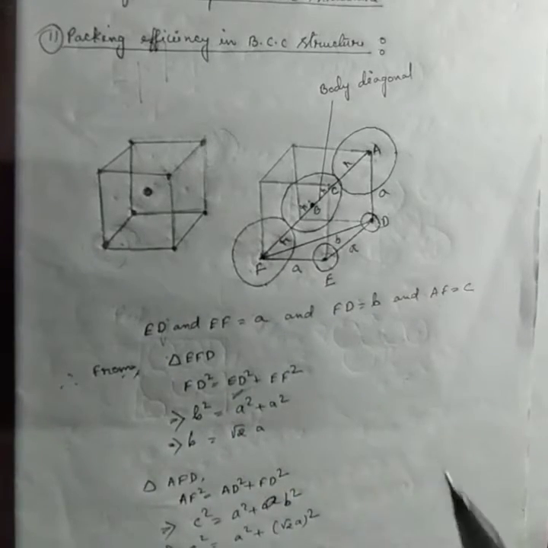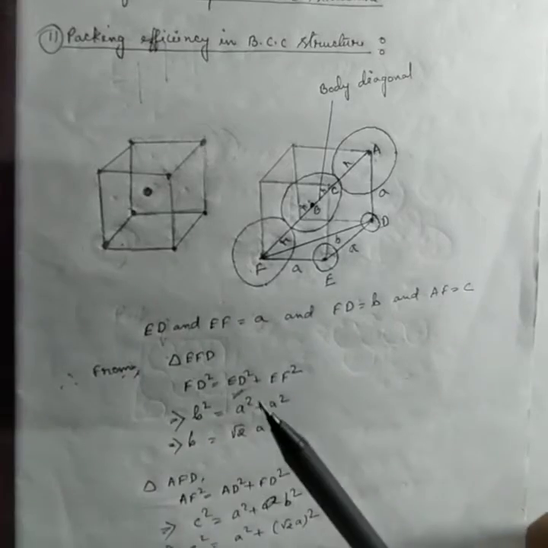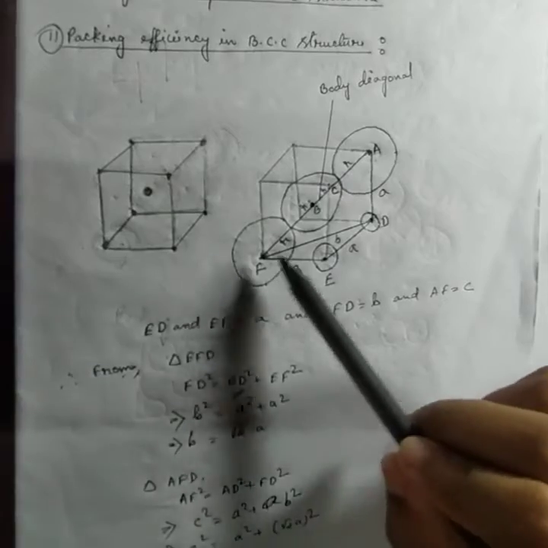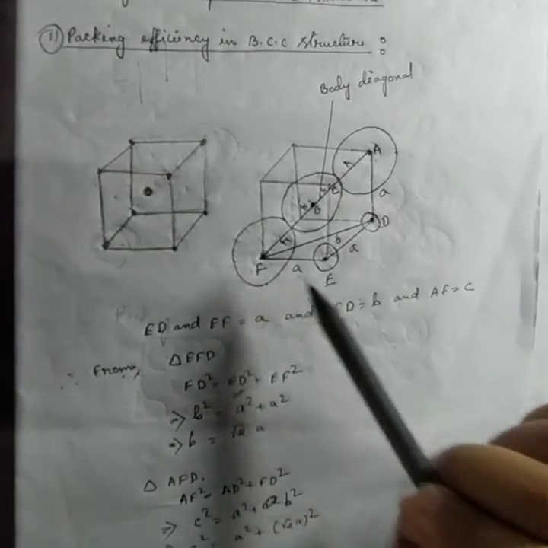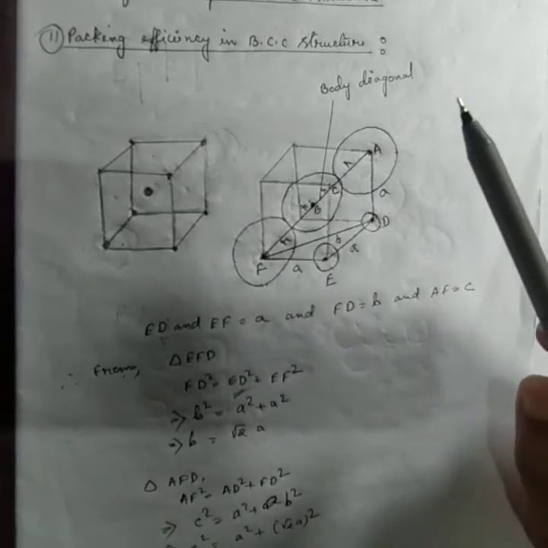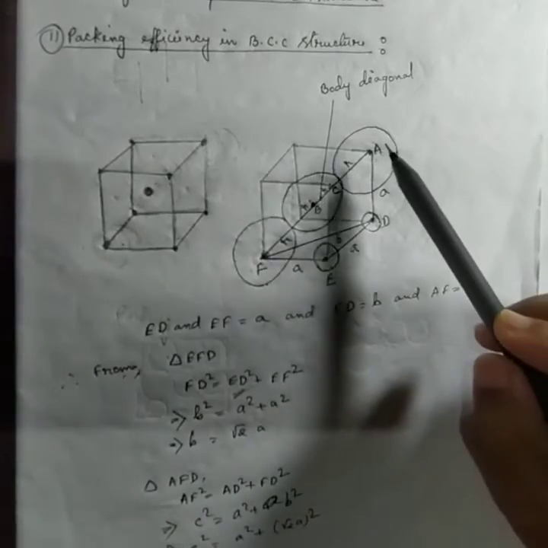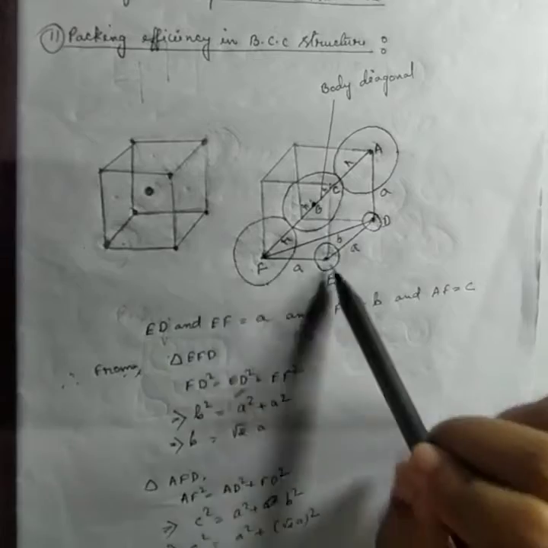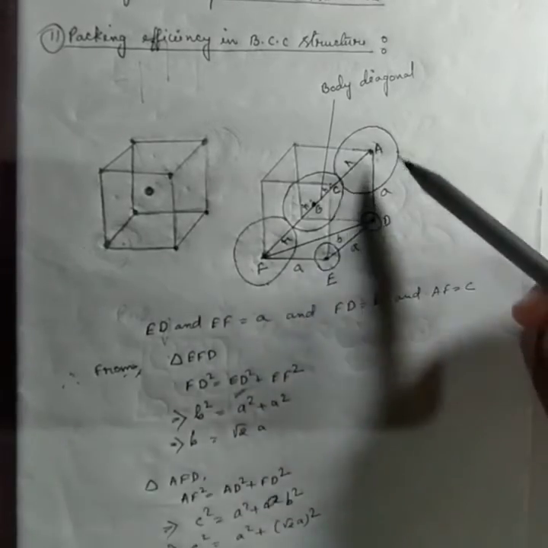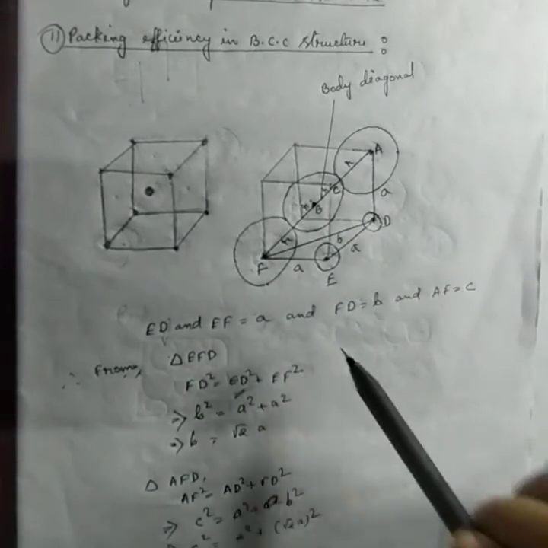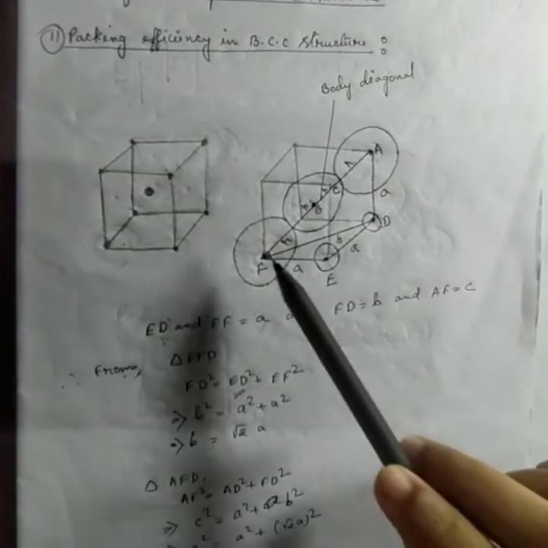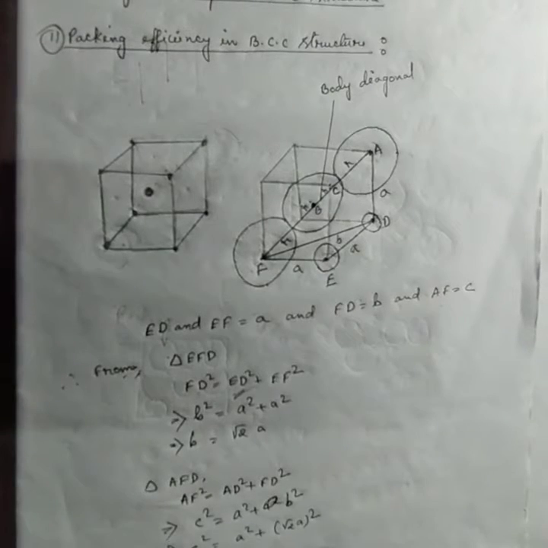Okay, so you can go directly from F to A or through these points. That means from F to A you can go from F to E, E to D, and D to A, or from A to F like A to D, D to E, and E to F. So here the edge length of EF, ED, and DA is considered as A, and the distance from F to D is considered as B, and AF is considered as C.